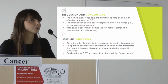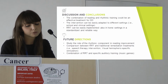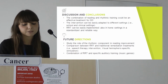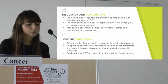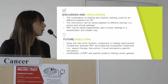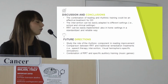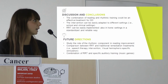The results of these 2 preliminary studies suggest that the combination of reading and rhythmic training could be an effective treatment for dyslexia, and that it is possible to apply this intervention in different settings, for example school and clinical settings. The characteristics of the software also made it possible to implement the intervention in home settings in a standardized and reliable way. Of course, further research is needed for evaluating the effectiveness of the treatment, and